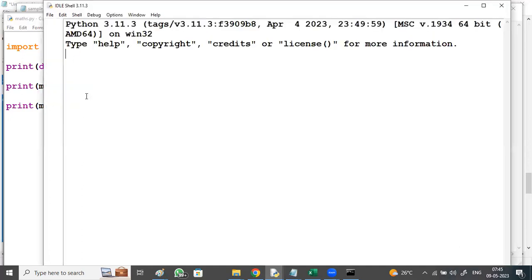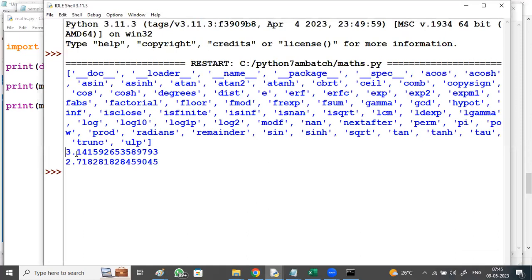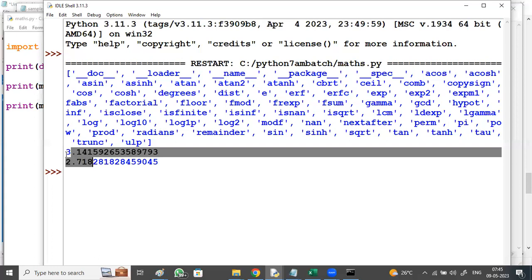It's printing the pi value, 3.14, and the e value, 2.71, right?